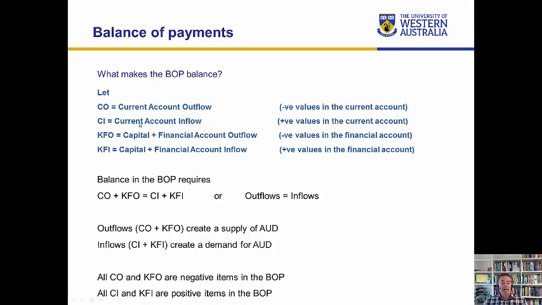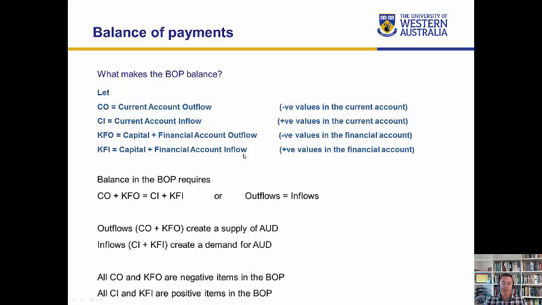Similarly, CI represents inflows, so it's exports of Australian goods, and money flows into Australia as a result of our exports. Also, dividend and interest payments flowing from overseas into Australia would be included in CI as well. Just a reminder, CO and CI are dollar values measured in billions. KFO is a capital financial account outflow, so mainly we're talking about investment flows here. KFO is domestic foreign investment, so investment money flowing overseas from Australia, and the inflow, KFI, is foreign investment money